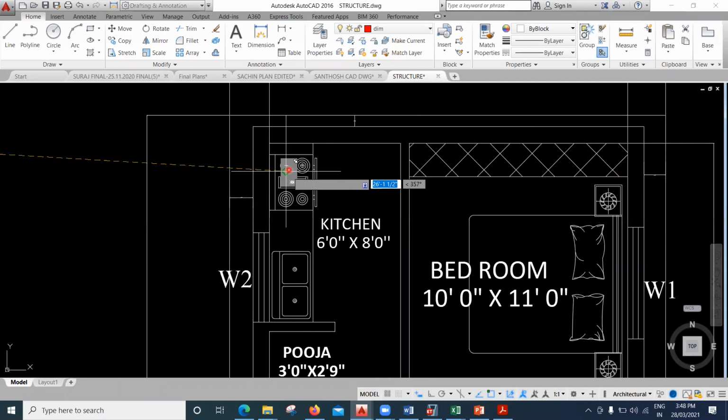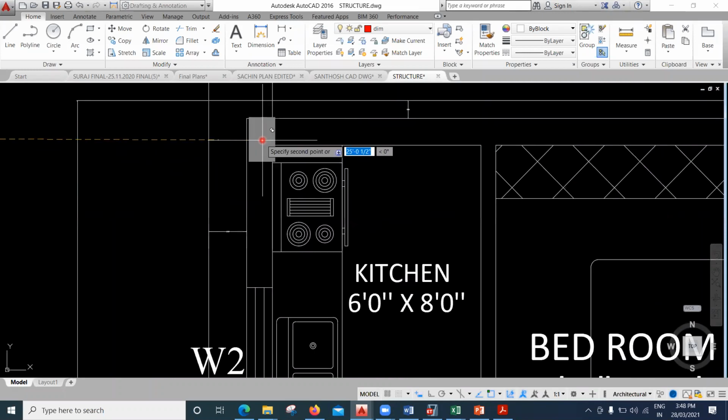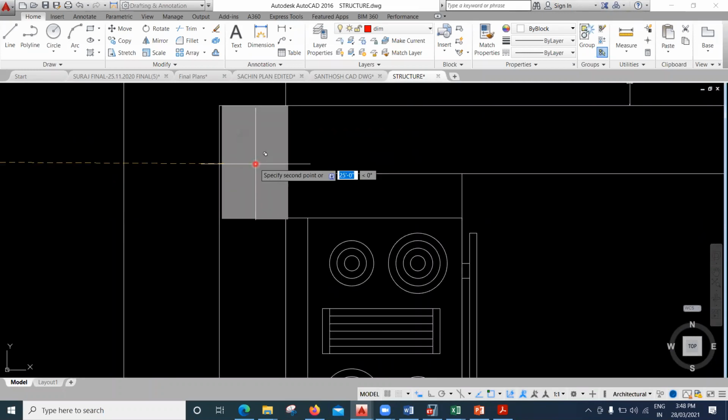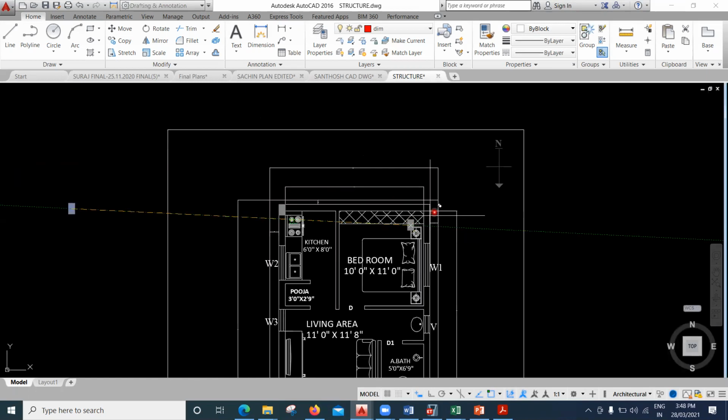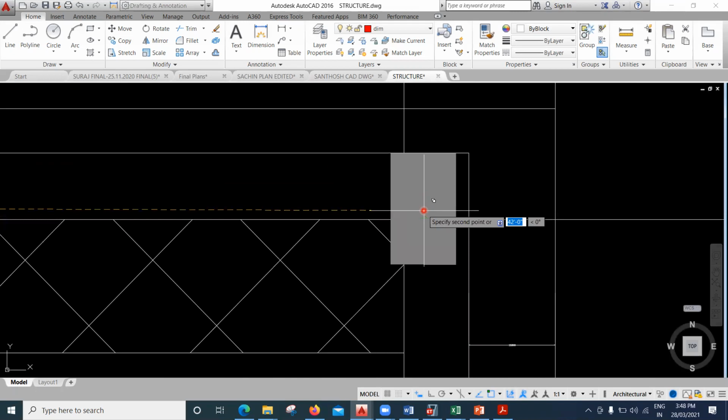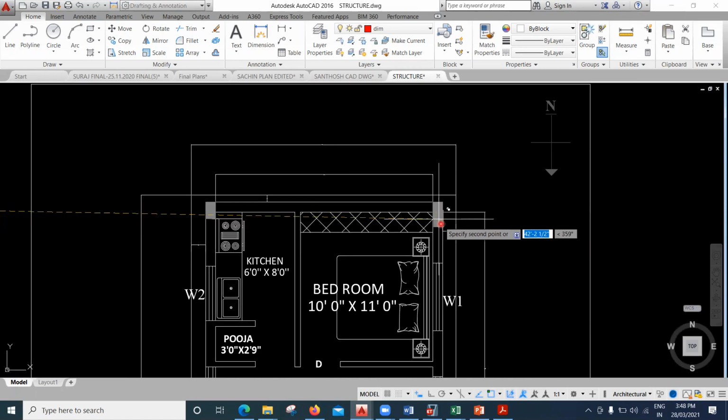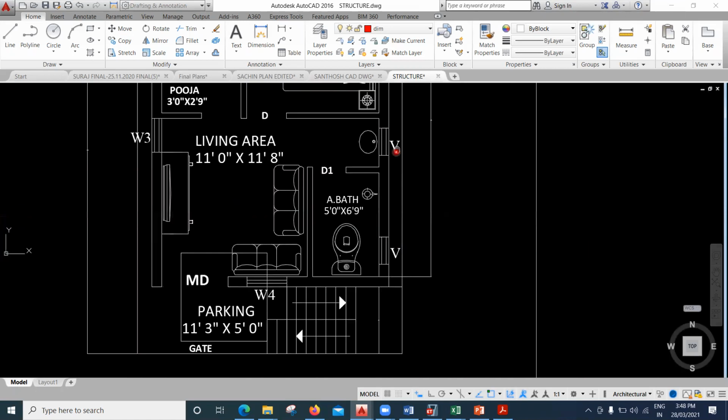So this is one corner for me. I'll place a column here. Let me scroll in, and this is the place where I need to keep it. Let me keep it here, right? This is one location. Similarly, I have another corner on this side. Let me place a column here as well, right? Done.